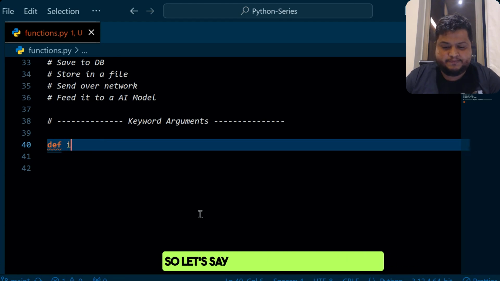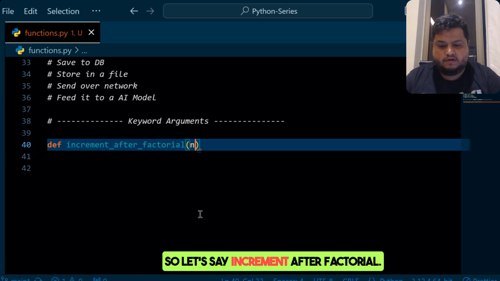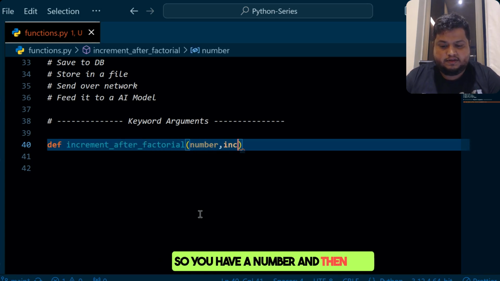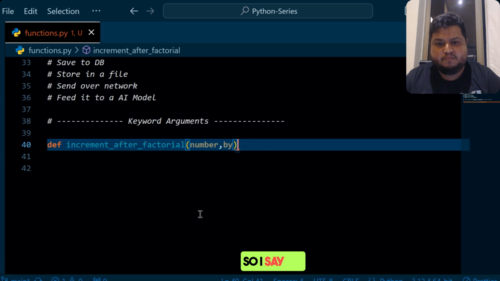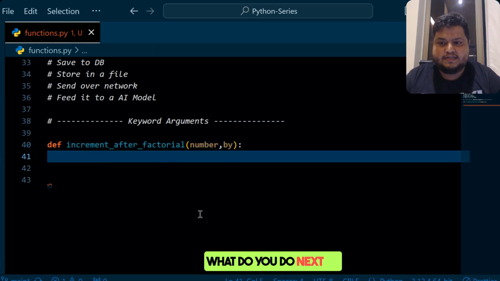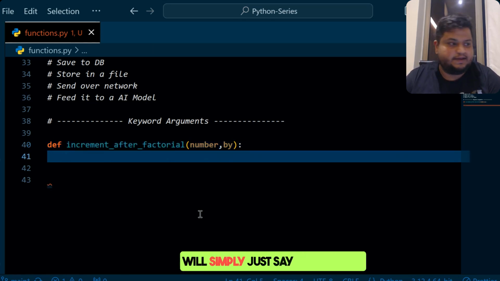So let's say increment after factorial. So you have a number and then you increment by. So I say by here.